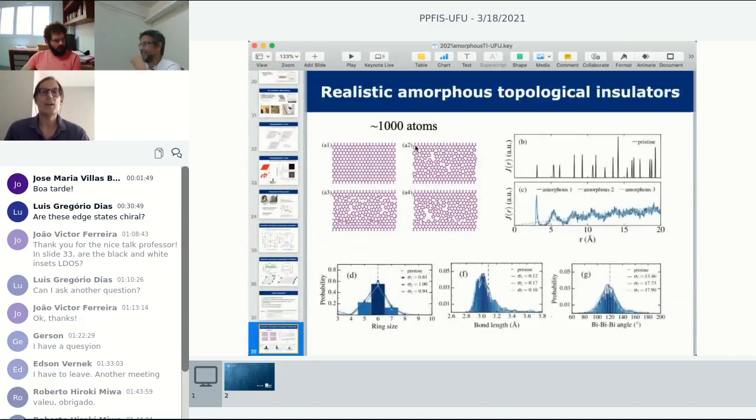So we did now with 4,000 atoms. That was a big difference. Before we had 400 counting the hydrogens. Now it's 4,000 bismuthene atoms, so the system is almost 10 times larger. And then we ran this standard statistics by doing this amorphization process. We tested different measures, and we understood that the ring distribution is still a good one for characterizing this amorphous phase. And funny enough, you see that we have different realizations.